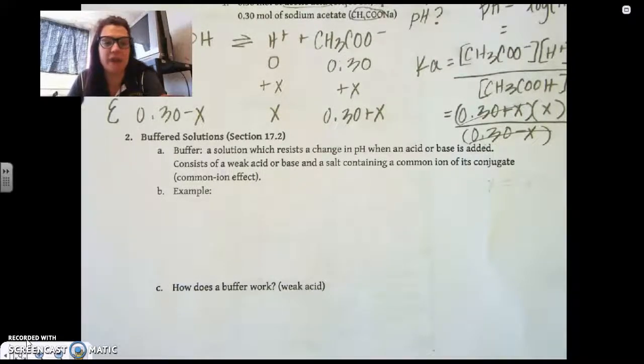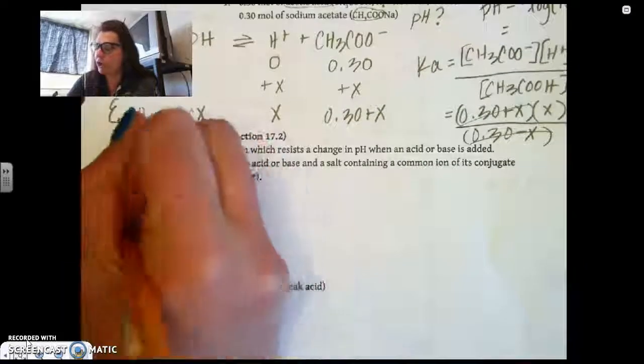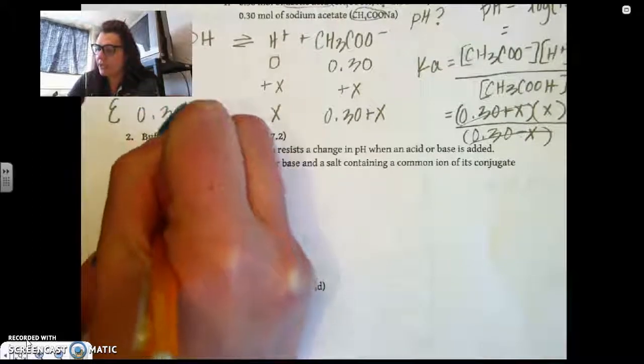This is going to consist of a weak acid or a weak base and a salt containing a common ion of its conjugate. Okay, so more or less this is going to be the common ion effect, but we're going to speak in terms of its buffering tendencies. Okay, so an example of this would be you're dealing with a weak acid